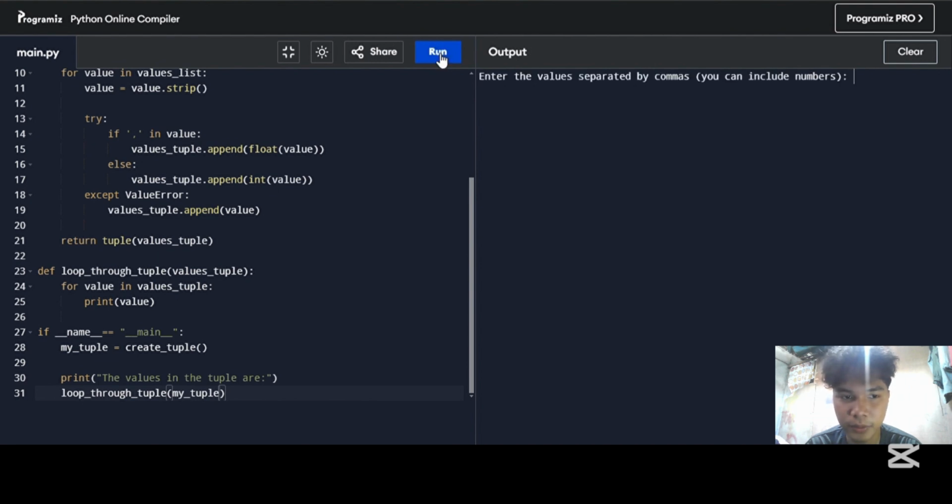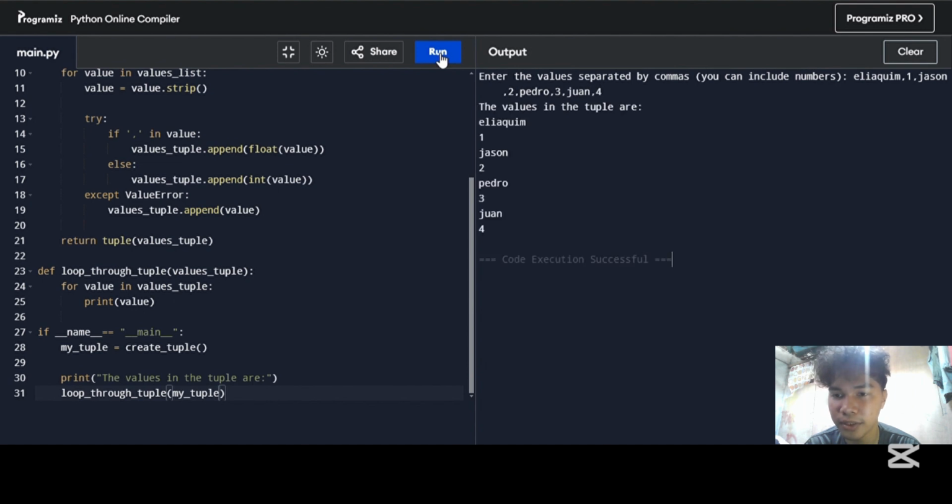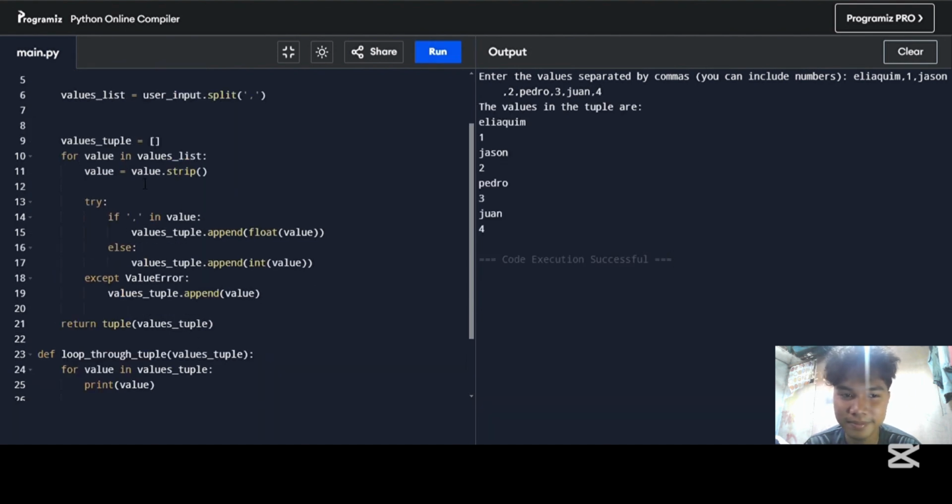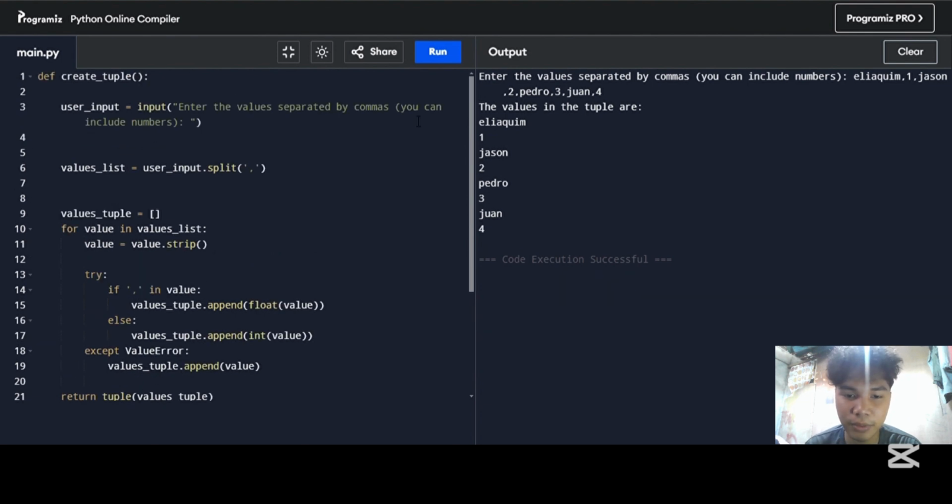Let's see if it will work. This will work. We'll put the name and 1, Jason_2, comma, Pedro, comma, 3, 1, comma, 4, and that's how you do loop tuple. Next we will